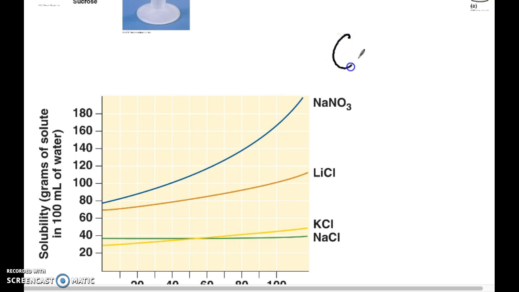For example, calcium carbonate. As it gets hotter, it becomes less soluble. And so if you were to heat it up, some of it may start settling out and start making deposits. This is very often what you see